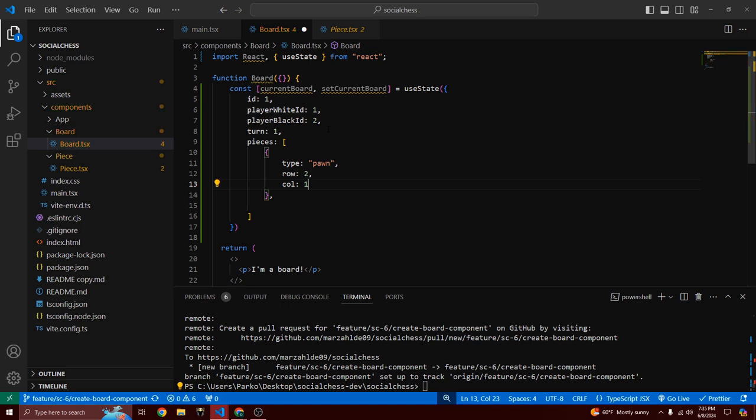or col 1. Again, what do I want to do? I can represent the column with a letter like it is on a chessboard on the actual website, but what do I want to do here? For now, I'm just going to go col 1 for the same reason. It makes more sense for my visualization in my head. In the future, I might update that. All right, so a pawn, where it is, its color,